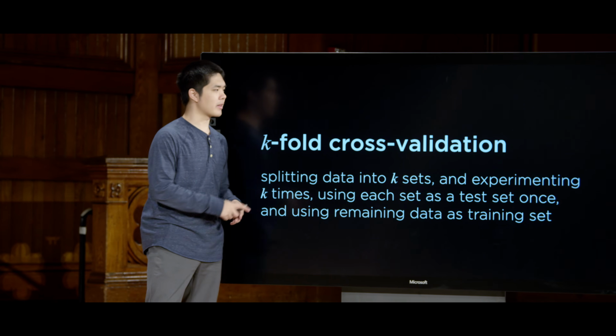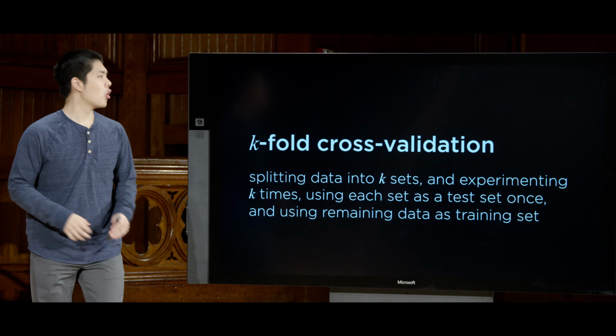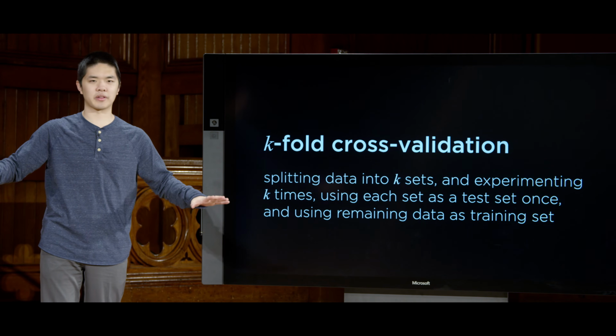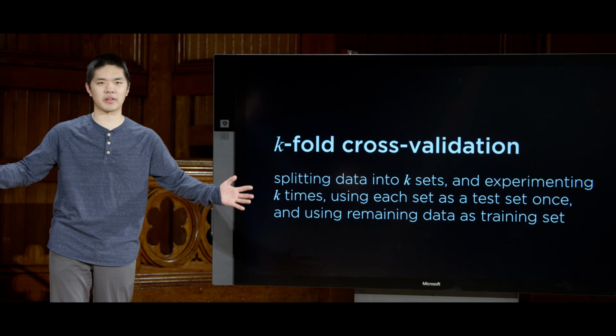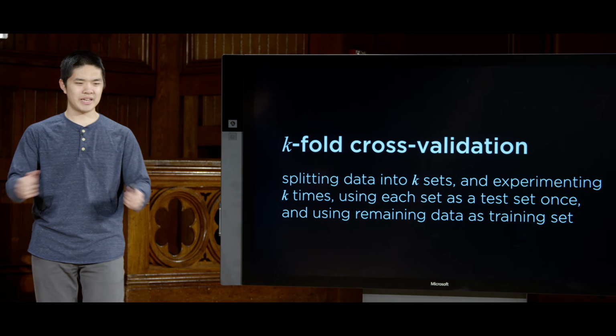In k-fold cross-validation, rather than just divide things into two sets and run one experiment, we divide things into k different sets. So maybe I divide things up into 10 different sets and then run 10 different experiments. For each of my 10 experiments, I will hold out one of those sets of data, where I'll say, let me train my model on these 9 sets, and then test to see how well it predicts on set number 10. And then pick another set of 9 sets to train on, and then test it on the other one